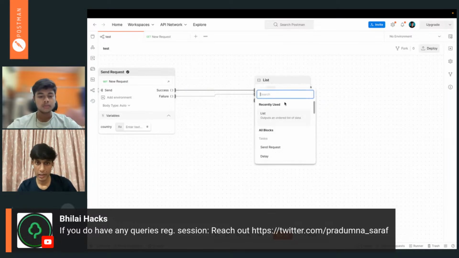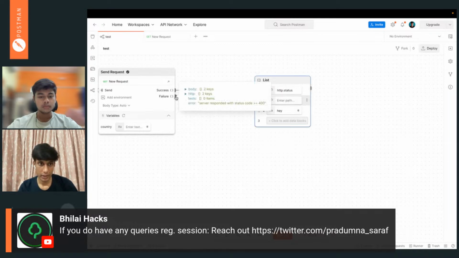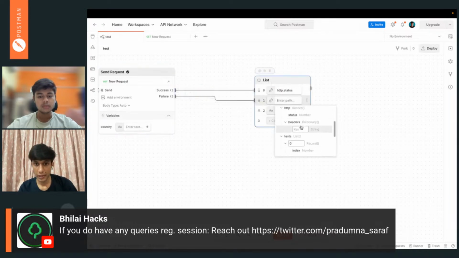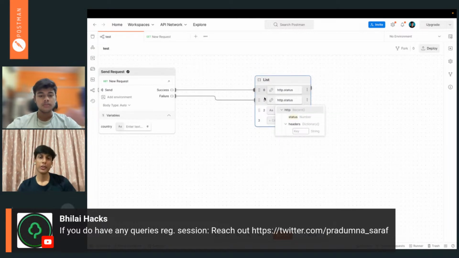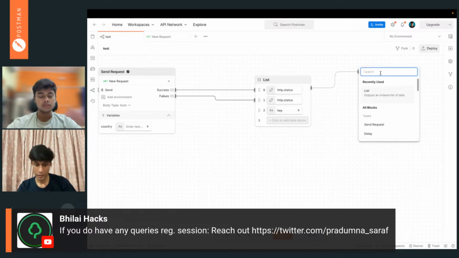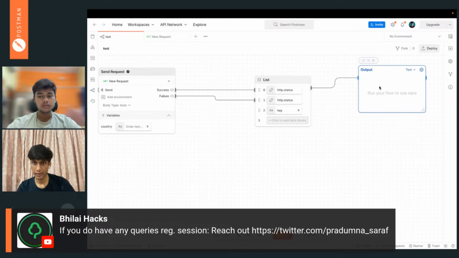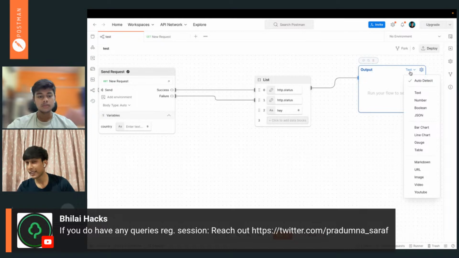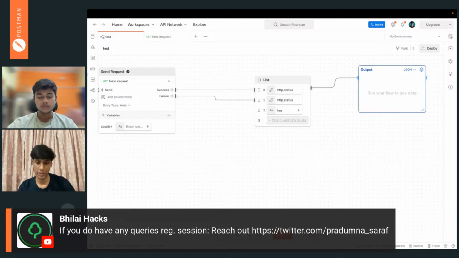So in the failure as well, let me connect with the failure. Yep. In the failure, we are also expecting the status number. So you can see we are creating a list. First, we are getting the success code, we are getting the failure code, and I added my personal key with a string, "hey". So we can just output these three data in a bunch. It should not print as text, because we have the data type as text. It should be JSON, because we are getting data in JSON.